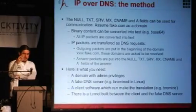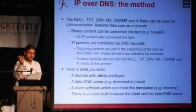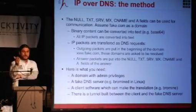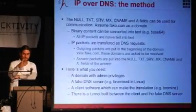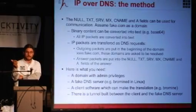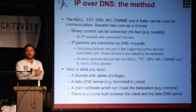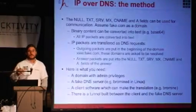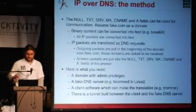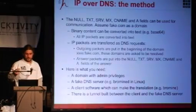Two things are important here before understanding the essence of the thing. First thing is that lots of coders allow us to convert any binary code to readable 7-bit code. So any binary thing can be converted to text-like character streams. IP packets can be converted to DNS requests and DNS responses because, for instance, if I prepend before fake.com the textual information that I received when querying the IP address, and I request information about this domain, and the responding DNS server is not a real DNS server, but one that is able to perform this conversion, then the answer packets can be put into the null, txt, srv, mx, and cname fields to